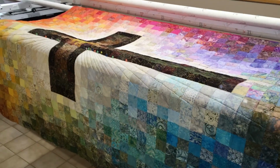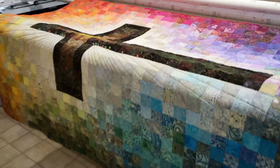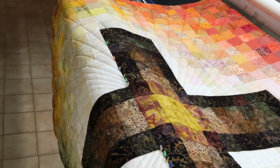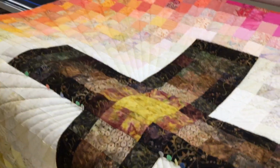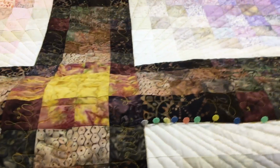A few more thoughts, note to self for the next time. Whenever I quilt one of these cross quilts, I usually find that it is easiest to have it on sideways, load it sideways, because I can do more of the rays when I have it this way. I do oftentimes end up turning the quilt the right way to do some final touch-ups, but I think on